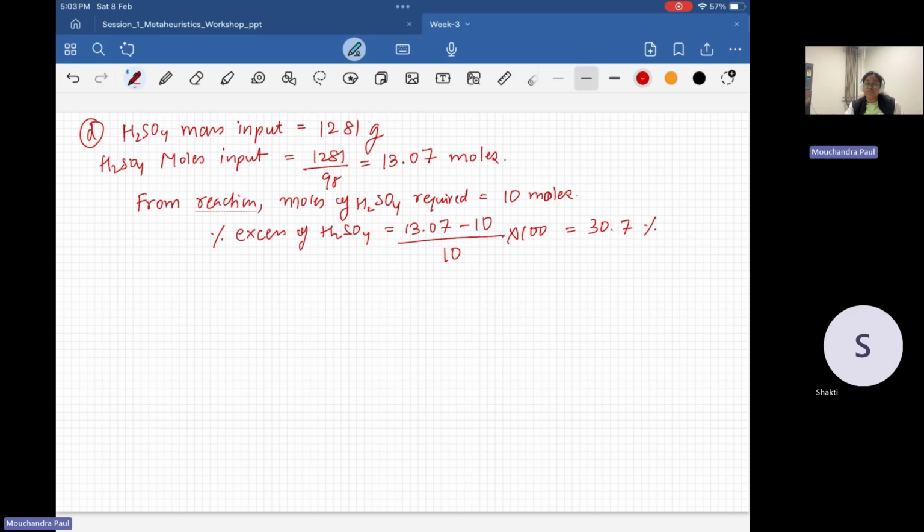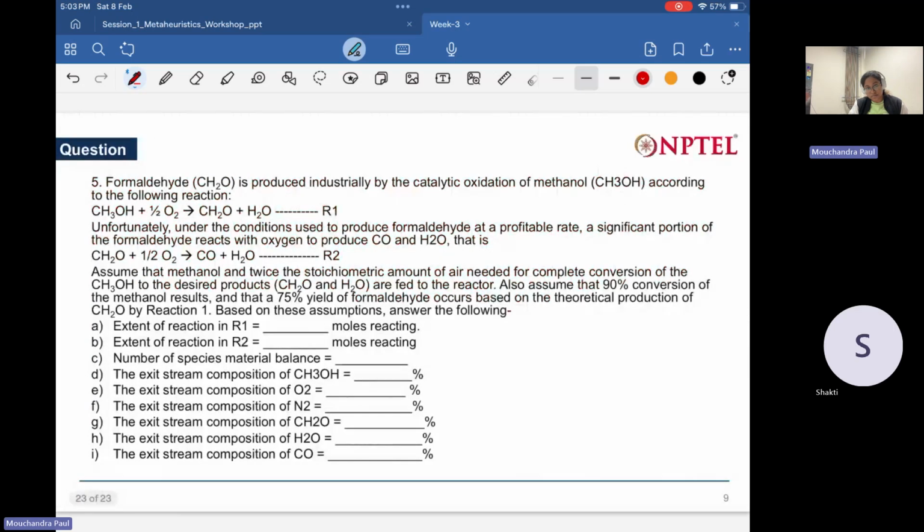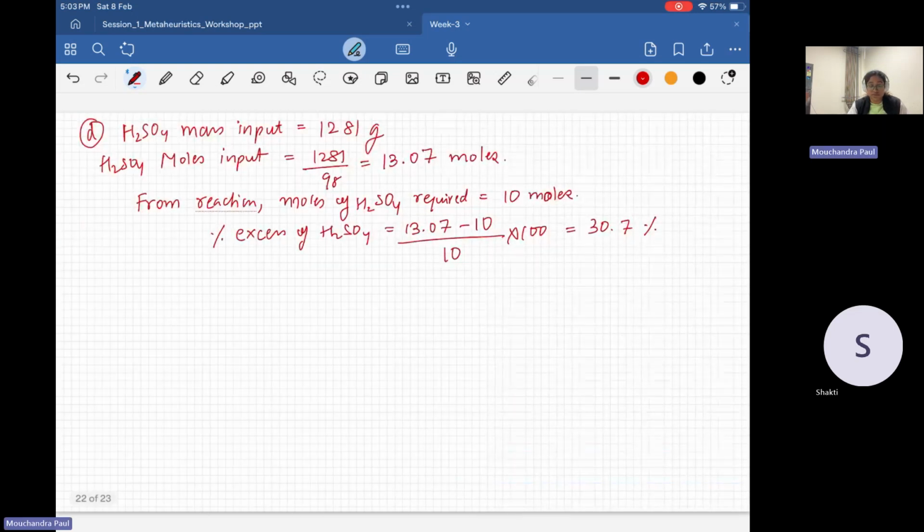So we have already completed almost 2 hours. This is another question, but it will take some time, so I'll keep this question for the next session. You can take a screenshot now and try it yourself before that, but I'll discuss it in the next session. But if you have any questions regarding the questions that we discussed,